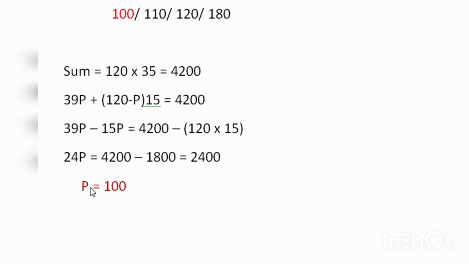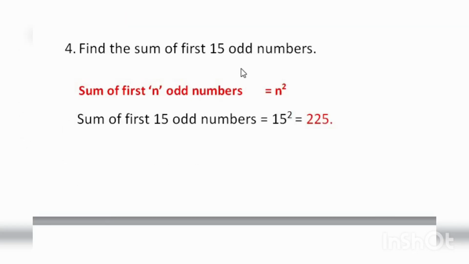This question was asked in LIC AAO 2010. In the fourth workout question, find the sum of first 15 odd numbers. We have the equation: sum of first n odd numbers is equal to n square. So instead of n, we can substitute 15. So the sum of first 15 odd numbers equals 15 square, which is 15 into 15,